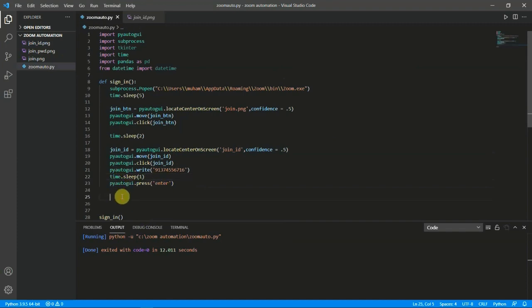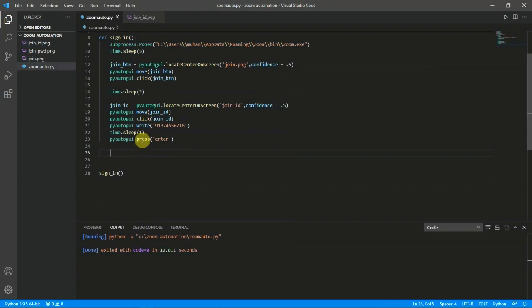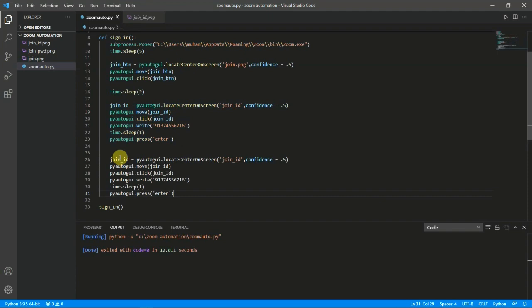After that we will have to enter the password of the Zoom. Again the same thing: we will copy this code, paste it here, and give it password, and the image will be pwd.